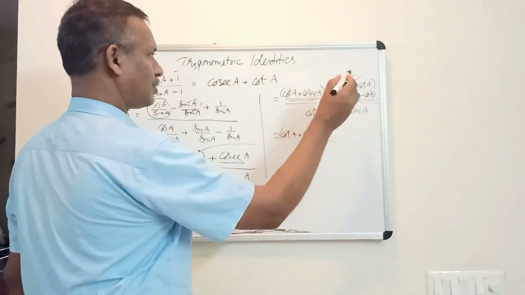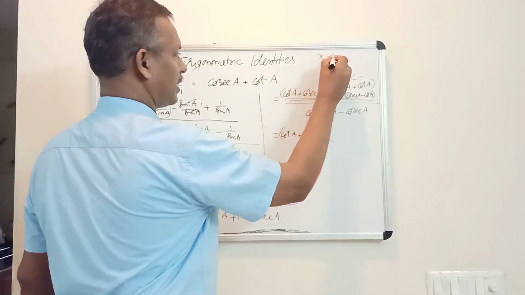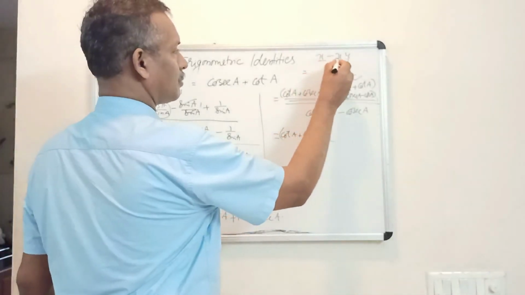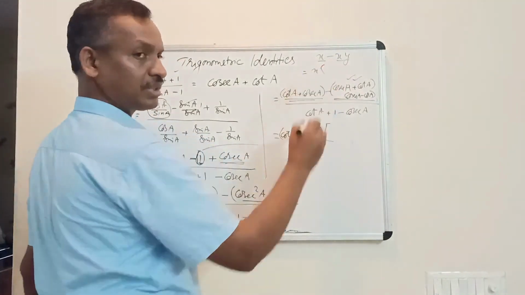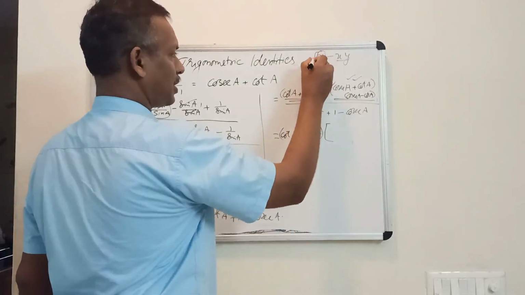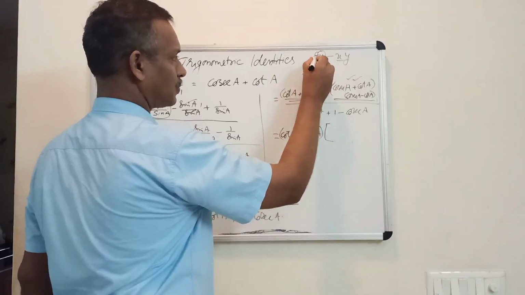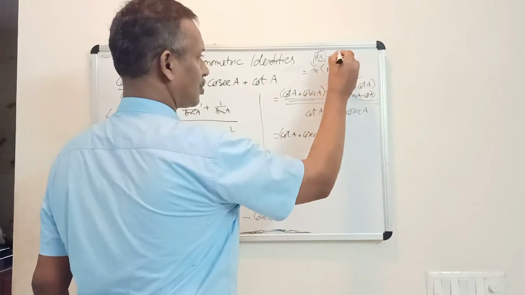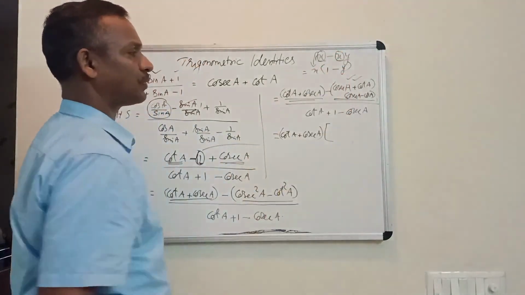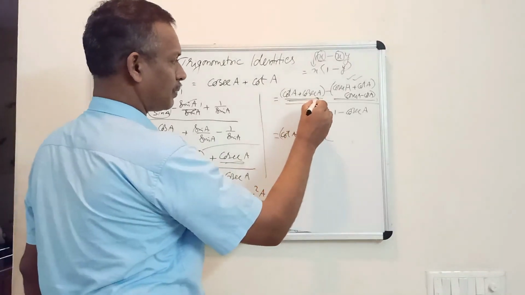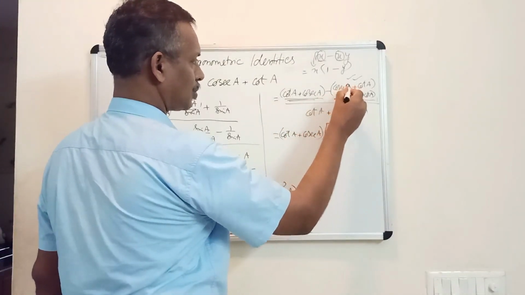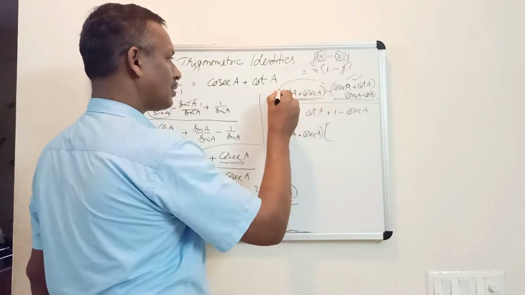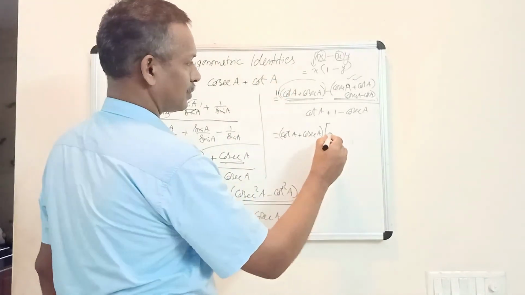When you take a common factor, follow this rule. Suppose it is x minus xy. How do we take the common factor? x is common in both, so x is taken common, and what is left out: from the first x, it is actually 1 times x, so when x is taken out, 1 remains. Minus, here x is taken common and y is remaining. So 1 minus y is there. So cot A plus cosec A is taken, and from here also cosec A plus cot A, both are the same. When this is fully taken out, 1 is left out.